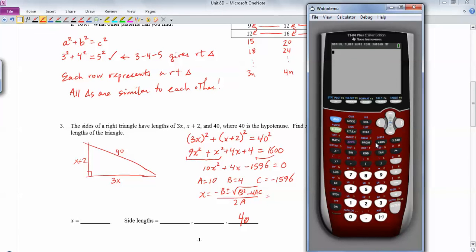Okay, so 10 store as A, 4 store as B, and negative 1596 store as C. Okay, let's plug that in. I'll call up my fraction, numerator over denominator, negative b plus the square root of b squared minus 4ac all over 2a. So one of the answers I get for x is